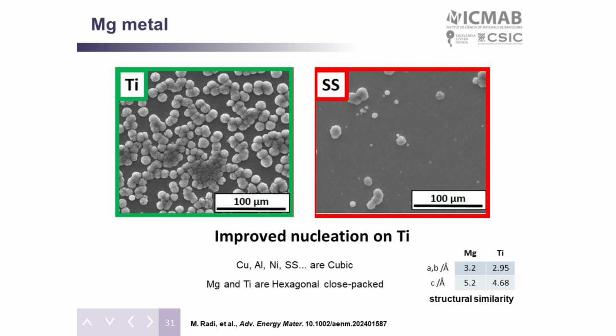One of the other parameters that we explored was the impact of the substrate used for metal deposition. Here you can see a deposit on titanium versus stainless steel, all other parameters being kept constant. We did observe improved overall kinetics for magnesium plating when using titanium instead of stainless steel or other conventional substrates. One potential rationale behind this is that magnesium and titanium are very alike,